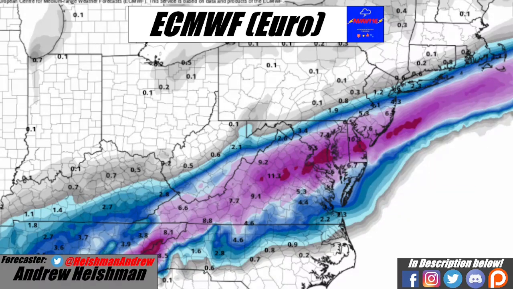Now, guys, let's go and take a look here at the NAM model. This is a shorter range model, but it's a lot higher resolution. Let's see what this one has to say about the accumulations. And following that, we'll take a look at the National Weather Service blend of models. So let's go and take a look at the NAM model, and let's see what this one has to say